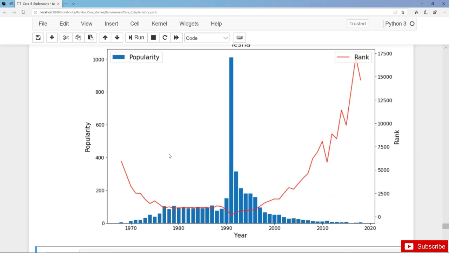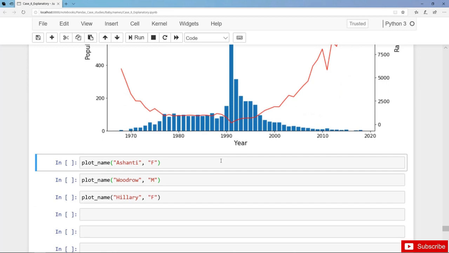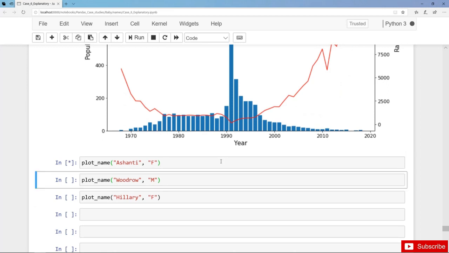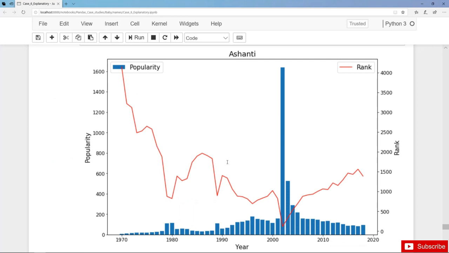And here we had a spike in the year 1991. And then it dropped again dramatically. And Aisha is actually a song. Next, we have the female name Ashanti, and here we can see a spike in the year 2002, and then a sudden drop. And it's no surprise that Ashanti was a singer and songwriter, very successful in the year 2001